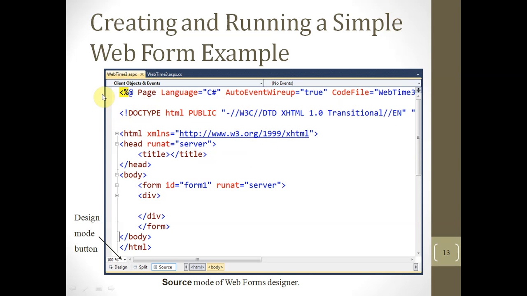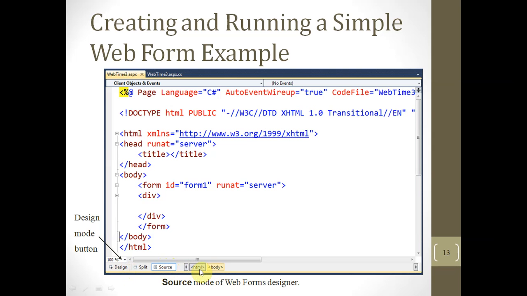This is the complete page, and I will explain all the lines. You can see on the bottom of this page we have design view, split view, and source view. Design view means the output design of the page, and source means its source code, and split means it will be divided: design and source will both be displayed, and both will be split by a line. We have these tags also.